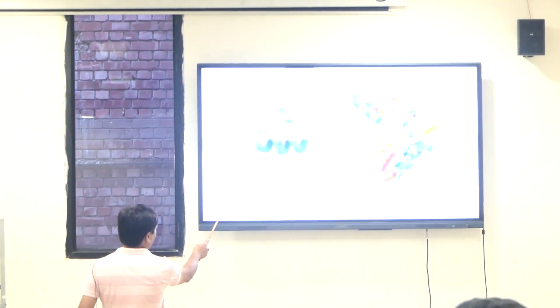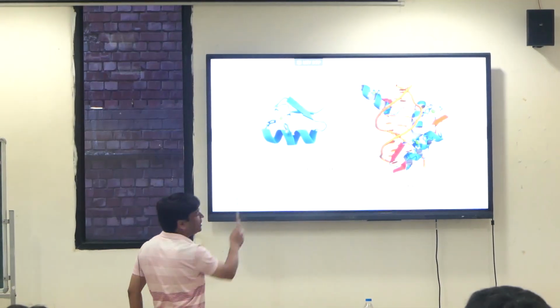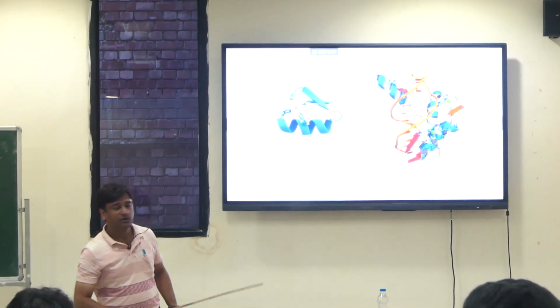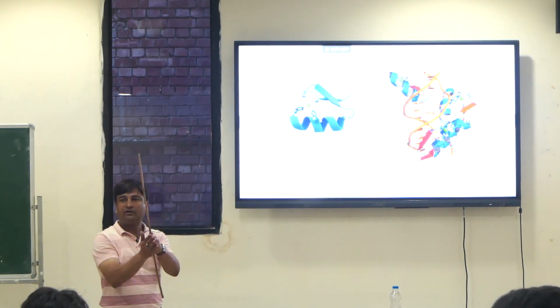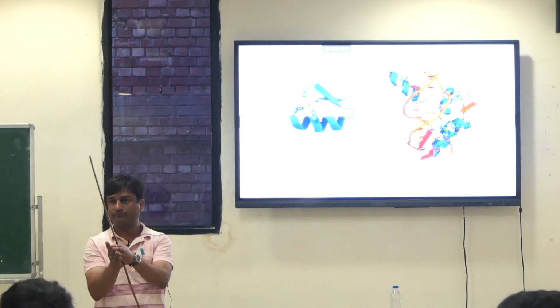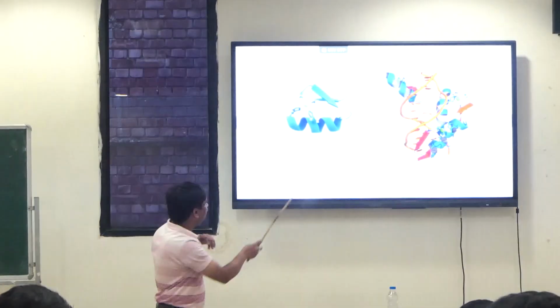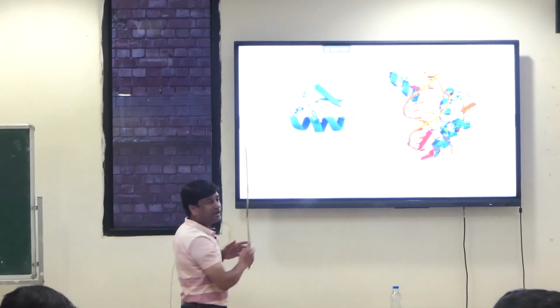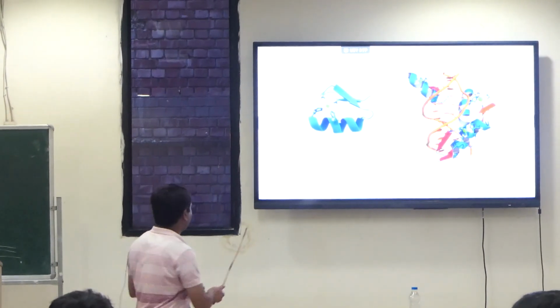So there is an alpha helix in this zinc finger motif, and you have an antiparallel beta sheet. This is the recognition helix. This actually recognizes the base pairs. Then you have combinations of these zinc fingers. This single zinc finger motif actually recognizes three nucleotides. So now in this example,